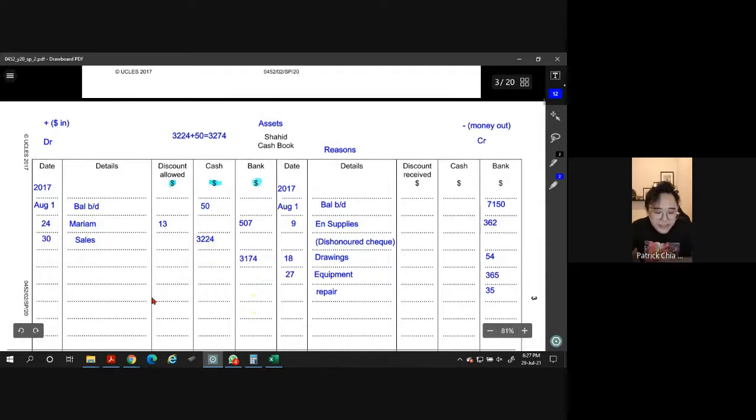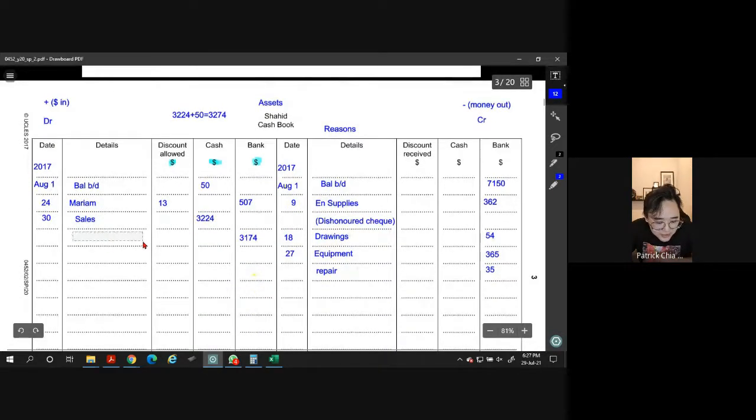Okay. Reason. So what's the reason? Why is it our bank account got more money now? Where did the money come from? Yes, it's from cash. So please make sure don't put like this. Can you imagine money 3174 under bank account, and then the reason you put bank again? So my bank got more money because of bank. Right? So wrong. Therefore, you have to write cash.